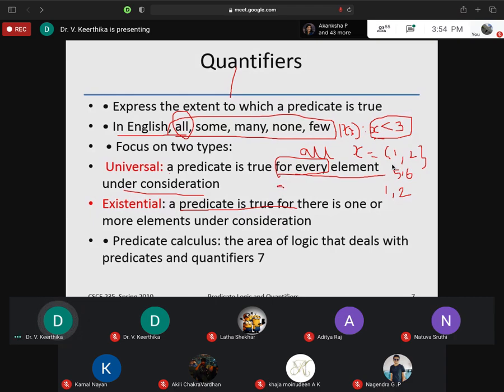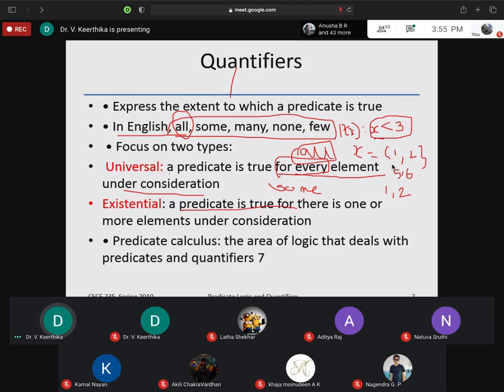That's why here I can use some. So that is what quantifiers are. The first quantifier is called the universal quantifier. Another quantifier is called the existential quantifier. Got it? Simply these things you have to keep in your mind: there are two things, one is the universal quantifier, another one is the existential quantifier. These two have the keywords: all, for all, and some.